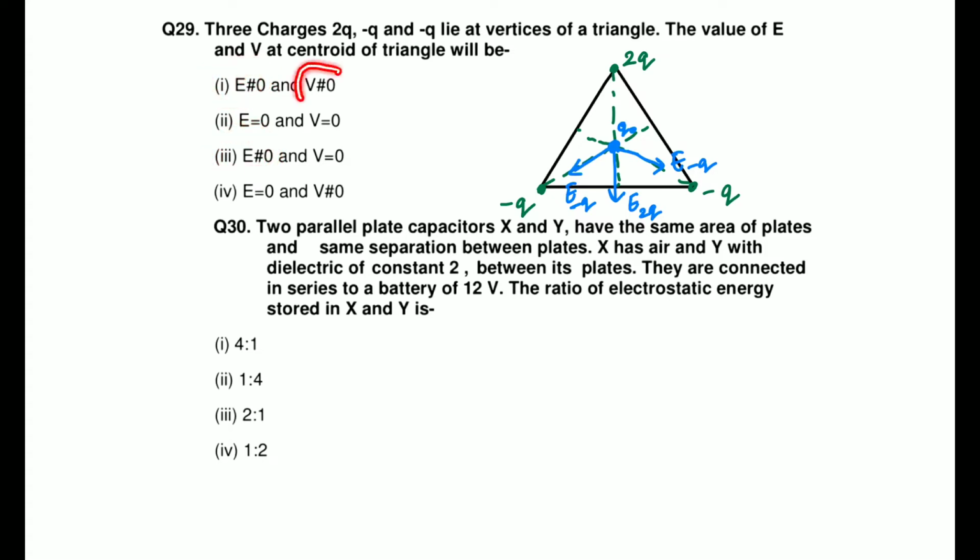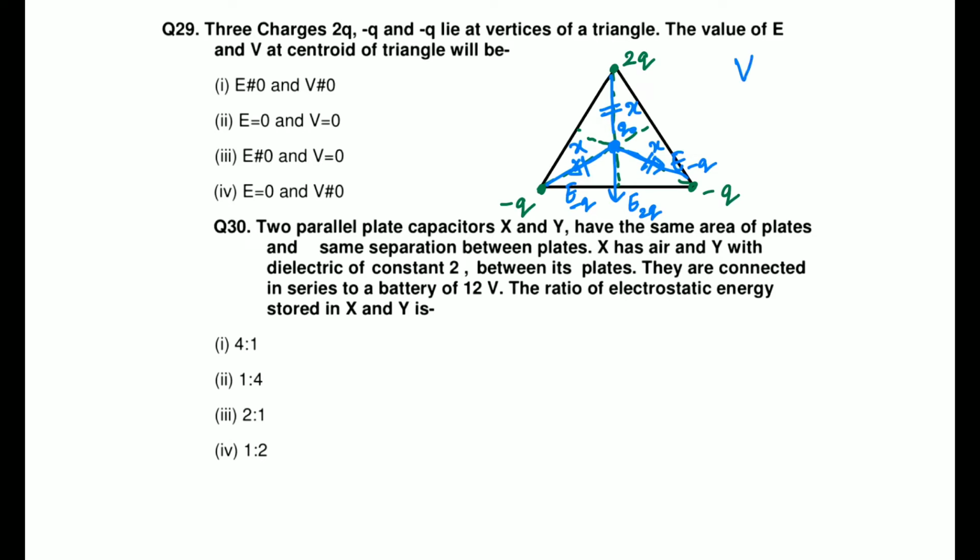So we have to talk about potential also in order to confirm which one is our answer, right? Okay, so let's talk about potential also, right? Before I talk about potential, understand that this distance, and this distance, all these distances are the same. So I'll just simply say, let me say this distance is some x, then this will also be x, this will also be x, right? Okay, great. Now let's talk about the potential, right?